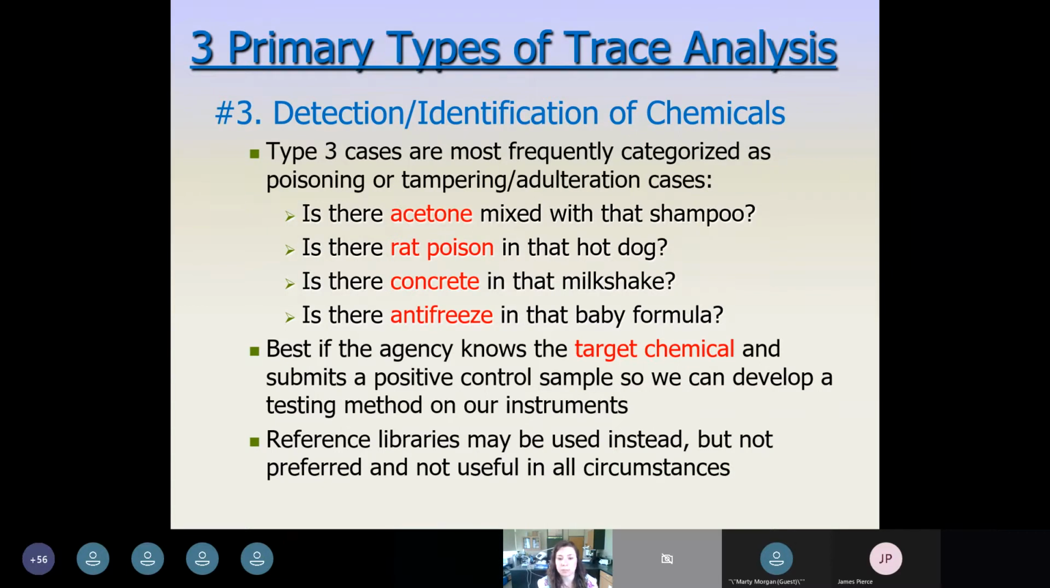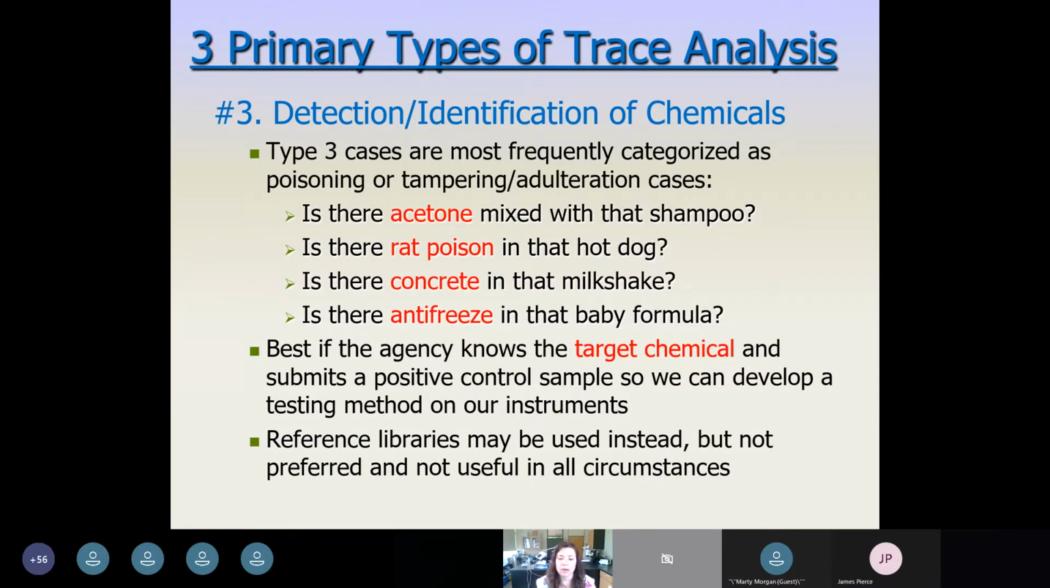The question is, is there rat poison in them? Chris worked a case that involved the question of, is there concrete in this milkshake, which was definitely an interesting one for us, as well as any sort of baby formula that's been tampered with, for instance, antifreeze. Any sort of case where we're looking for a specific chemical, it really helps if the agency has an idea of what they suspect to be in the